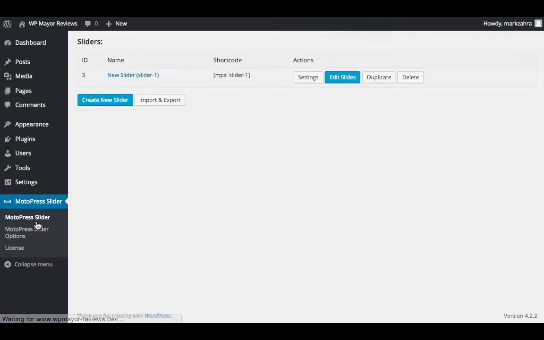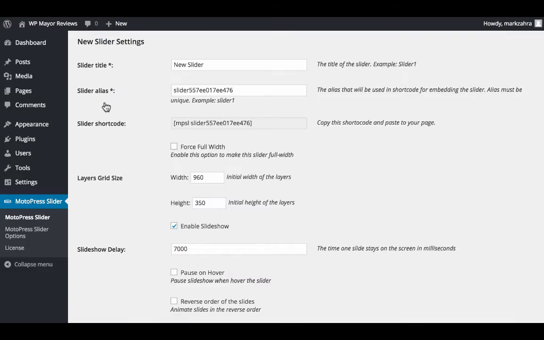Let's start with setting up our first slider. All we have to do is click on Create New Slider, and here we will give it the title. We'll leave it as New Slider. We can create an alias which will later be used for the shortcode. And as you can see, the slider shortcode automatically updates. You can choose to use forceful width, which will make the slider the full width of your screen. You can give the size of the